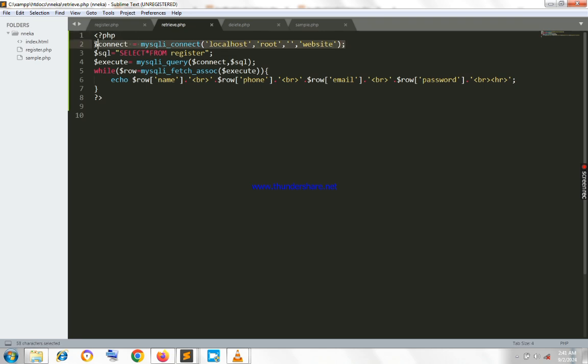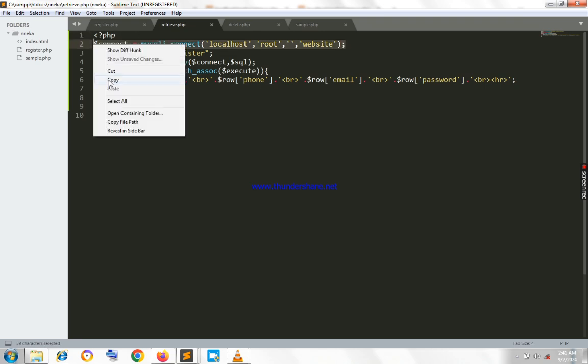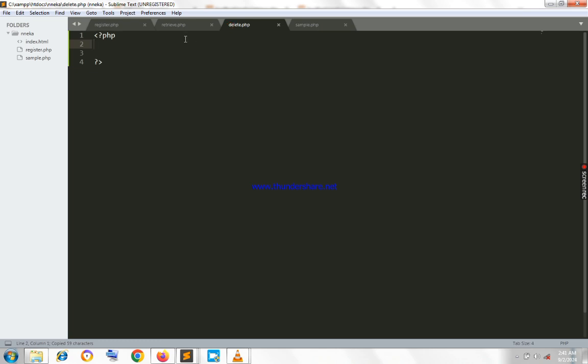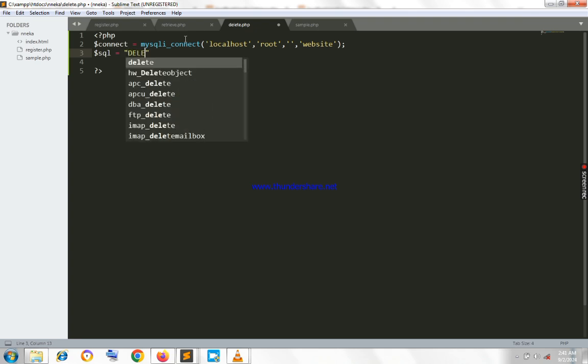So we're going to copy this connection because we always need it. We have to connect to the database before we start doing it. Now let's start with the SQL. The SQL goes like this for a delete operation on the database. Let's use double quotes just like the way we've been doing it. So we say delete